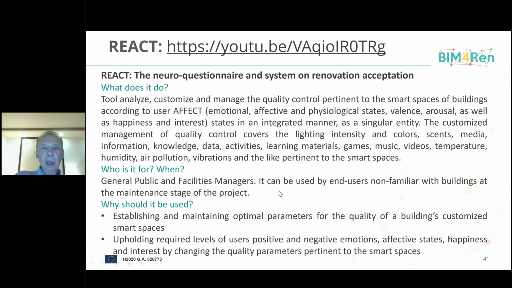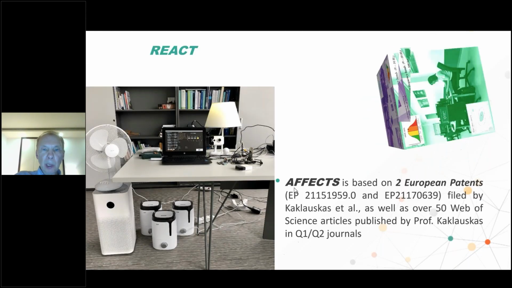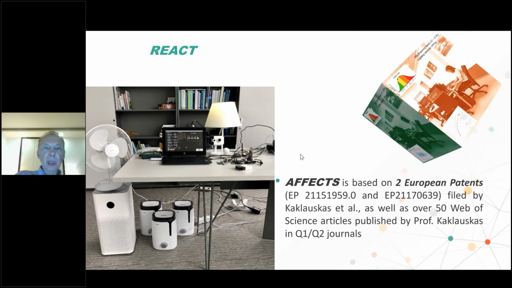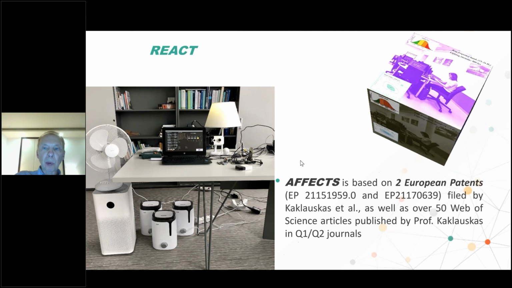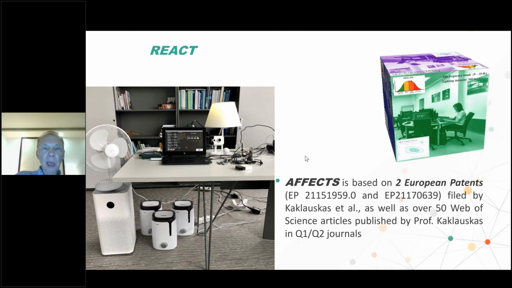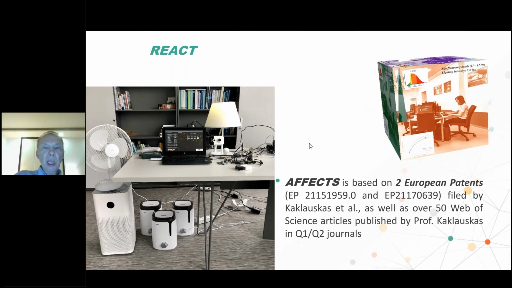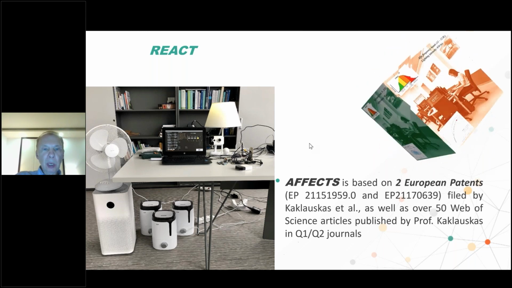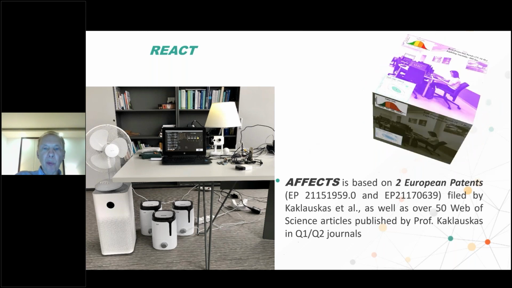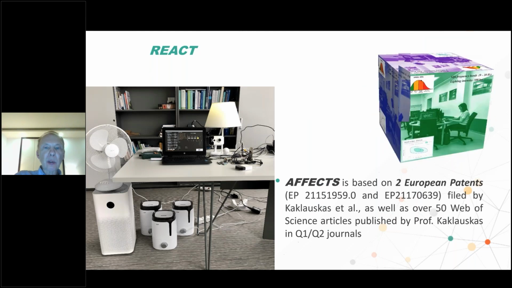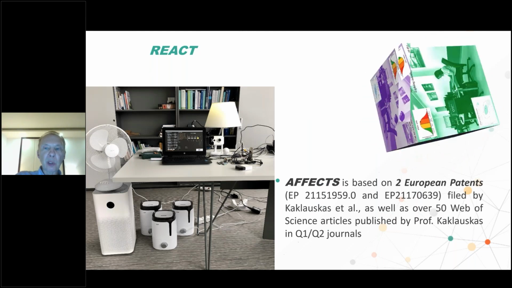React has new worldwide attributes compared to existing solutions held by key companies in the global smart building market, including React upkeep of the best personalized indoor environment quality, boosting productivity, happiness, interest, and non-boredom, energy efficiency upkeep for tackling climate change, establishment and upkeep of needed user emotional and affective states, integrated analysis of user emotional, affective, and physiological states,